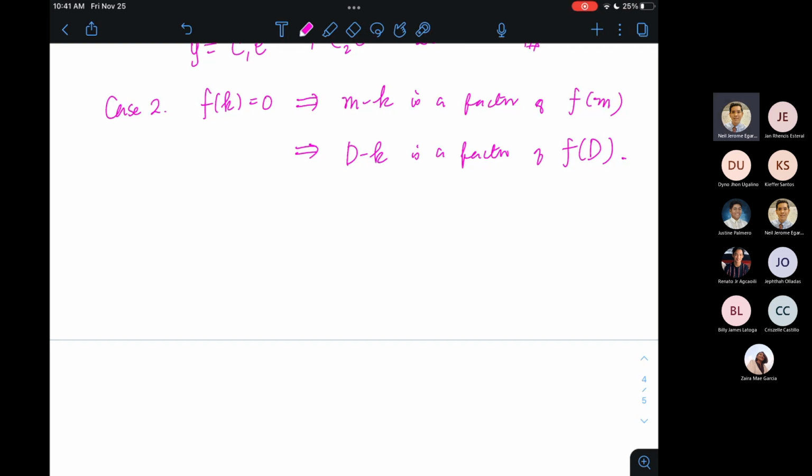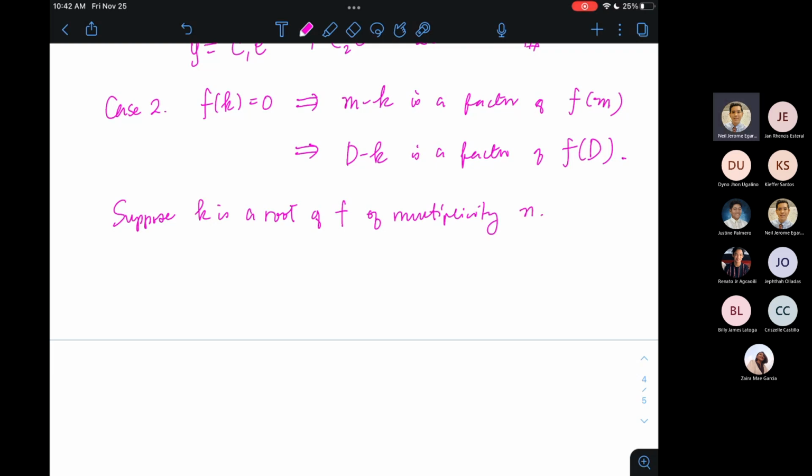Right? Now, pero meron pa tong kakibat na iba pang mga notions because if f of k is equal to 0, we're sure that it is a root. But we don't know kung ano yung multiplicity ng root na yon. But luckily, this case doesn't care kung ano man yung multiplicity ni k as a root of f. So now we'll suppose a generic case. So let's suppose k is a root of f of multiplicity